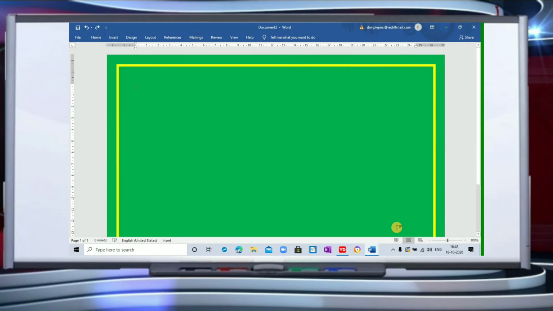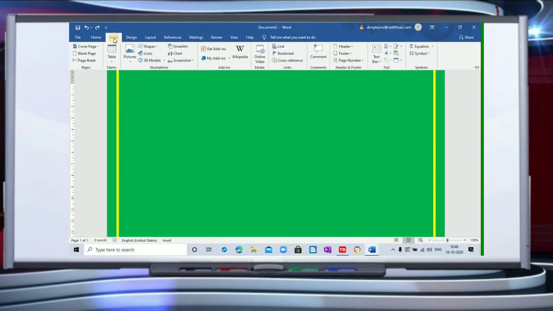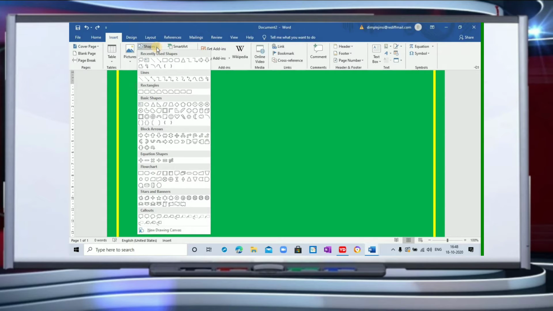Now children, first of all we need to understand how to get shapes in a Word document. I'll show you. It is the Insert tab here. Once you click on the Insert tab, you will find the Shapes option under the Illustrations group. Once we click here, we will have so many shapes in this group.